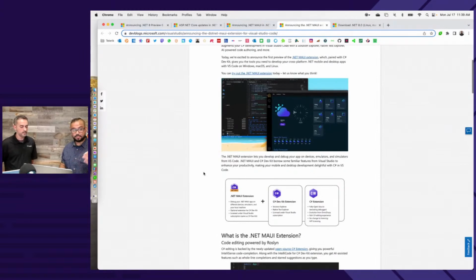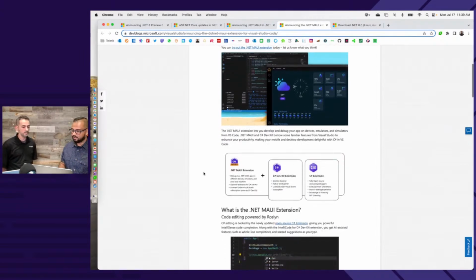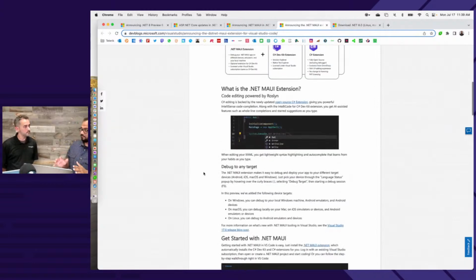In addition to the C# Dev Kit extension, now you can do the Maui extension, which actually, if you have a brand new machine and if you've never done Maui, this would actually be good to get started because it brings down all the bits for you, installs the workload. So you mentioned the workloads thing can sometimes trip you up because there are a lot of things going on with .NET Maui. There are Apple and Google and Microsoft dependencies with all these platforms. So you need to know how the workloads work behind the scenes. And that's also getting an update in .NET 8. You don't have to do workloads in Visual Studio anymore. You can get all of the Maui bits down as NuGet packages. Nice, yeah, exciting things happening.